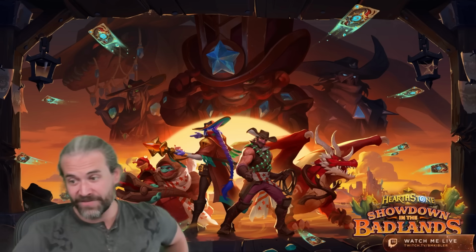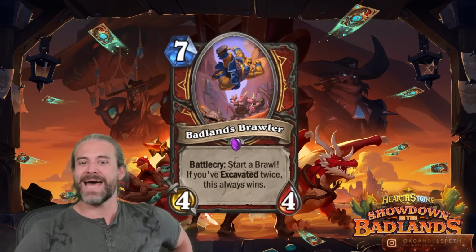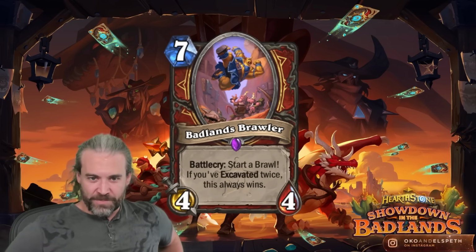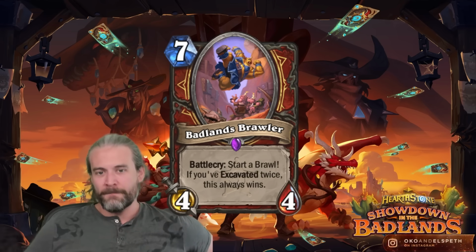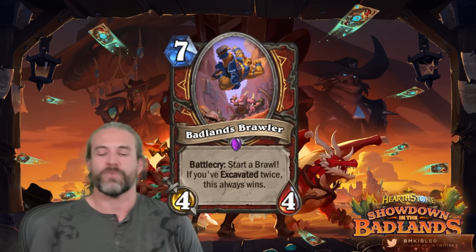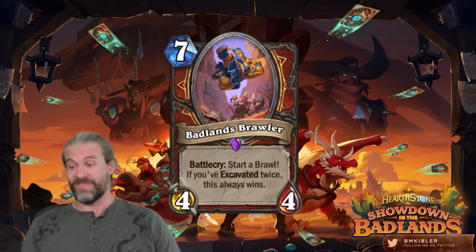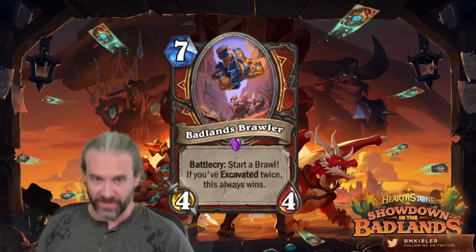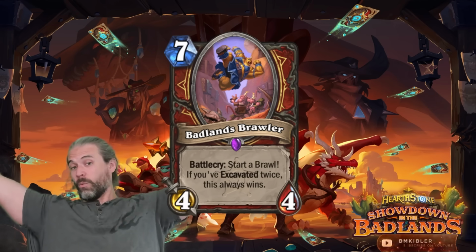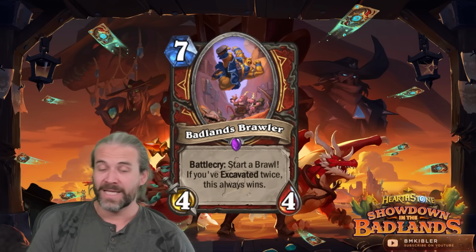Lastly, we have Warrior. And firstly, for Warrior, we have Badlands Brawler. This feels like an adventure card, right? Always wins Brawl, but this is a 7-cost 4/4. Battlecry, start a Brawl. If you've excavated twice, this always wins. So in an Excavate deck, considering this costs 7, this is almost certainly just 7-cost destroy all other minions. I guess there are worlds in which you will not have excavated twice by that point, but it's a pretty